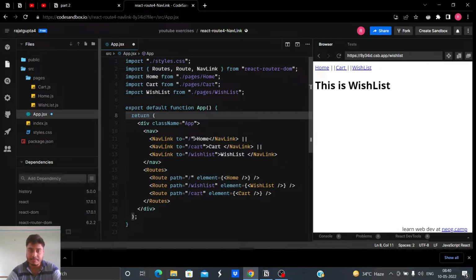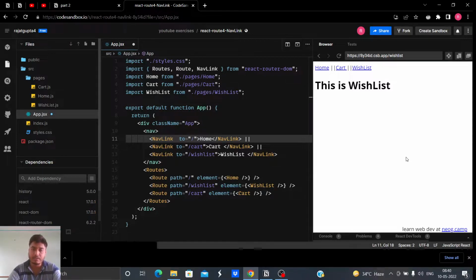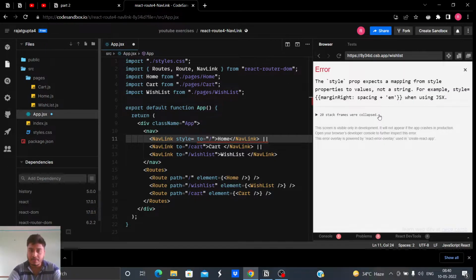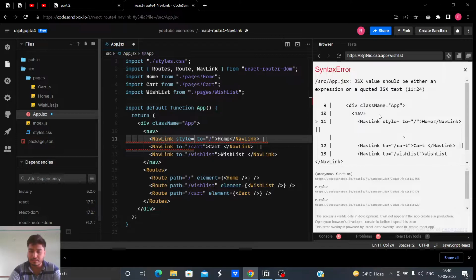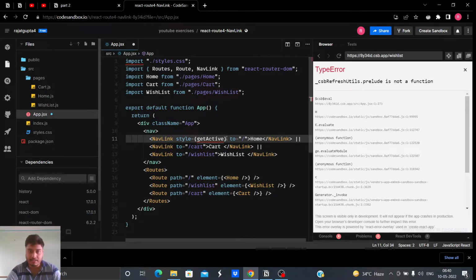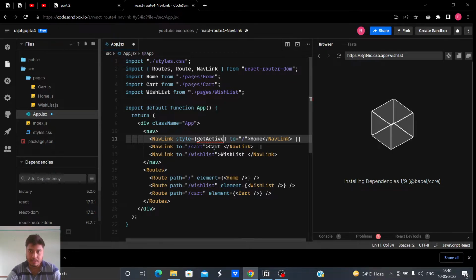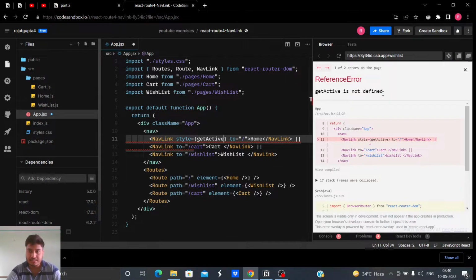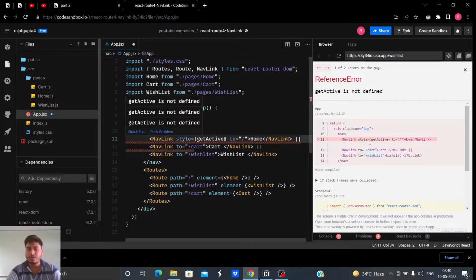So why nothing happens is, what we have to do in nav link is this: the "to" will remain as it is, the URL where we want to go will remain as it is, nothing will change. We just have to add the style that we want our link to have when we are inside that particular URL. So just see what I am doing, then try it yourself. I am writing getActive here, but it says getActive is not defined. What do we have in style here?